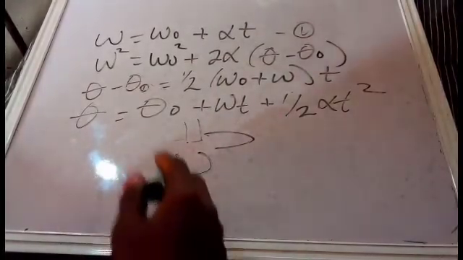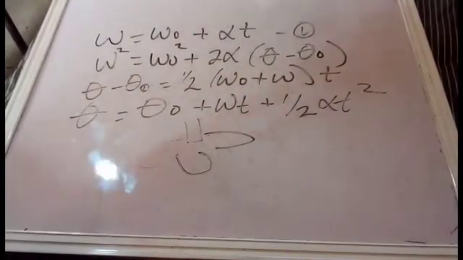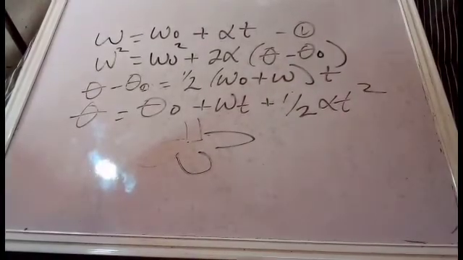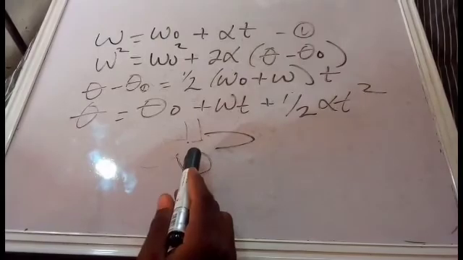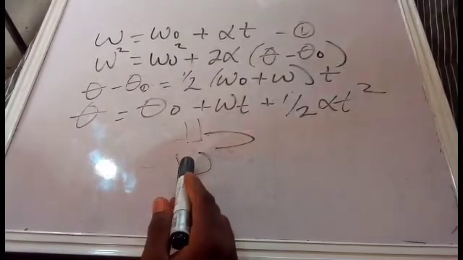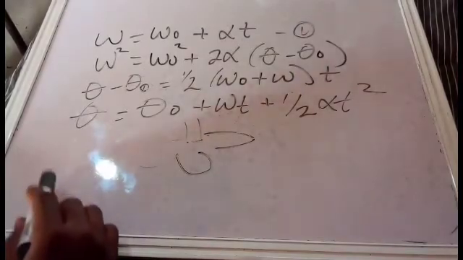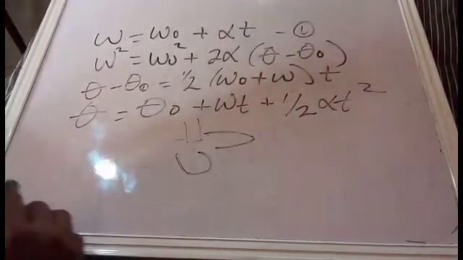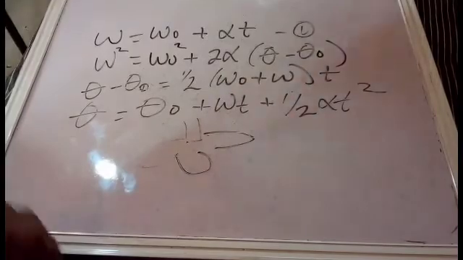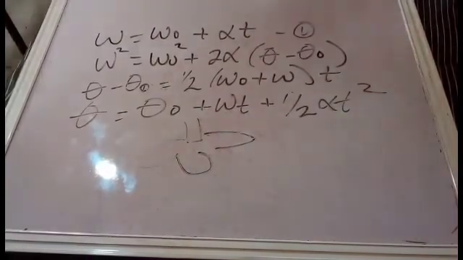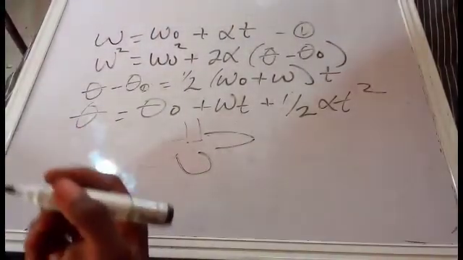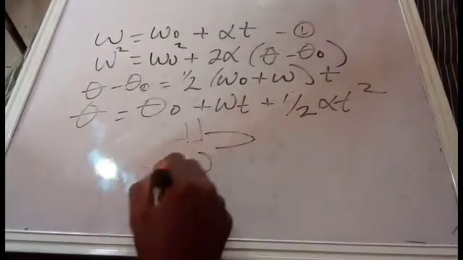Now this fan, the particles in this fan have their different velocities. We have to find the speed of each particle in this body. So we need the relationship between linear and angular speed, since we are about to find speed here. Now the relationship between the linear speed and the angular speed is represented as